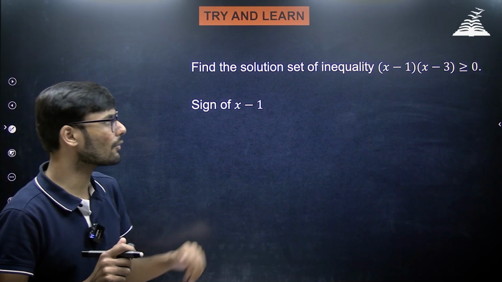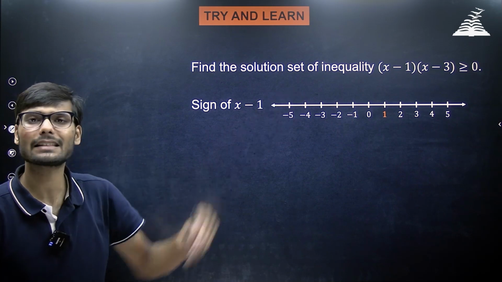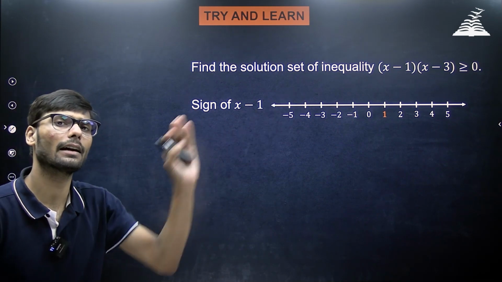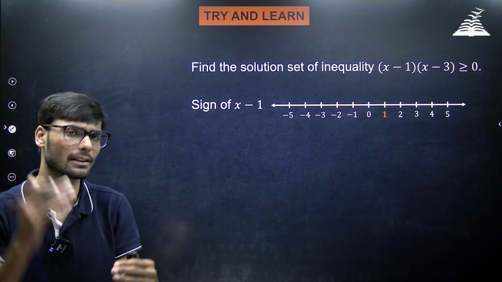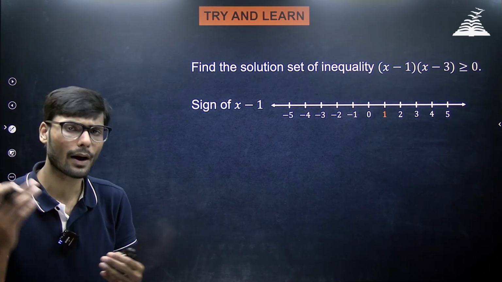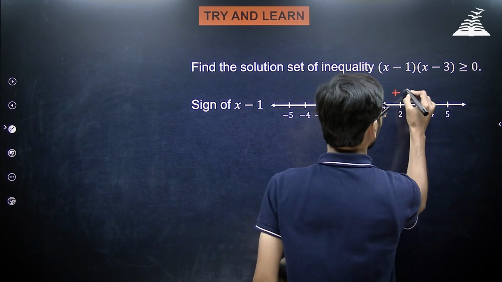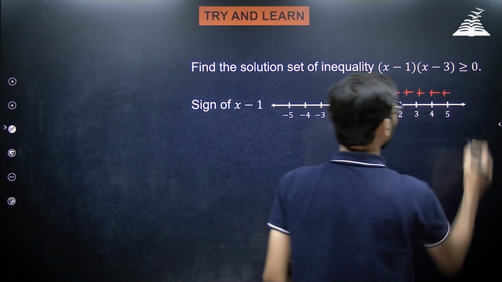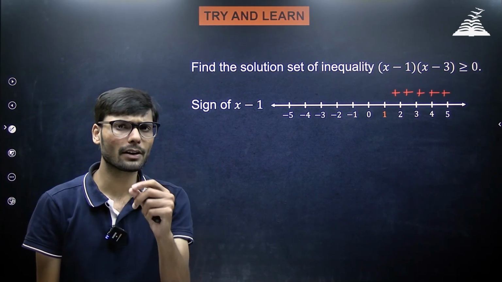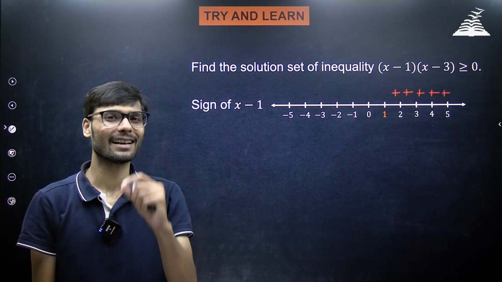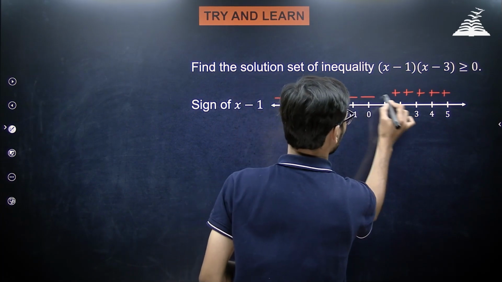Okay, what will be the sign of x minus 1? Let's plot a number line and draw numbers on it. Now on the right hand side of 1, if you pick a number, for example 1.5 minus 1, it will be 0.5. It is positive, right? 2 minus 1, 1, positive. 3 minus 1, 2, positive, right? So on the right side of 1, if you pick a number and calculate x minus 1, that will be positive. But if you pick a number from the left hand side of 1, x minus 1 will be negative. So I'm going to put minuses here, right?